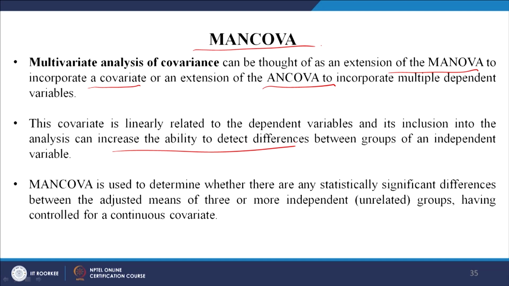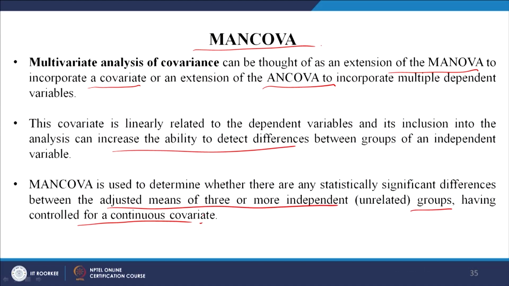I am sure you have understood by now, in the last example also, when I explained how the treatment levels, that means the exercises, were affecting the post cholesterol level, just saying that and not including what was his pre cholesterol level will be wrong. Suppose for example somebody's weight, how will it change with exercise? If you do not consider his earlier weight and you think everybody should be coming down to let us say 60 kilo, but actually somebody was 90 earlier and somebody was 70, and you expect both of them to be coming to 60, that is wrong, right. So, that is why the covariate is very important, right.